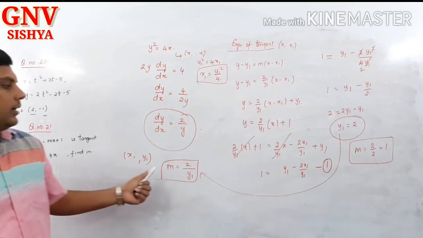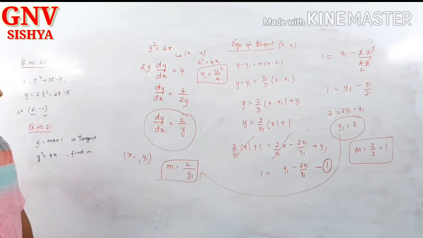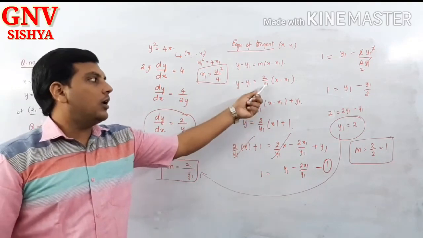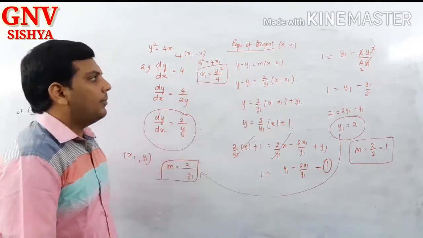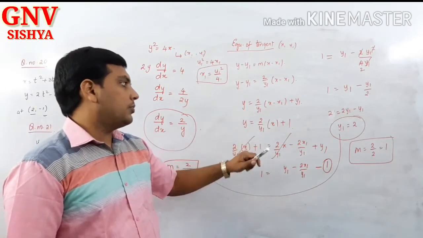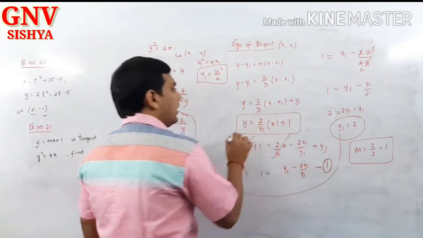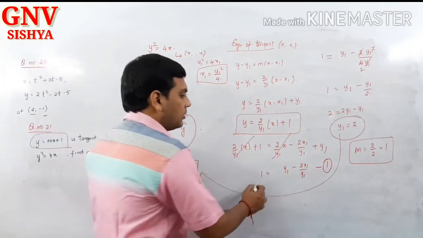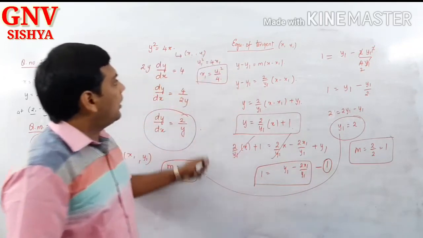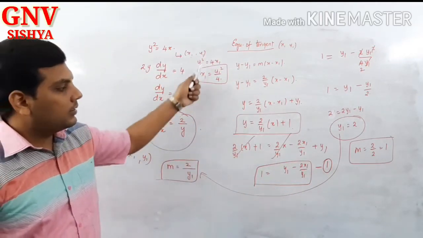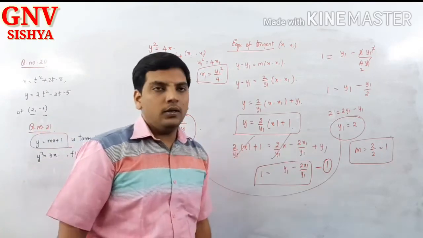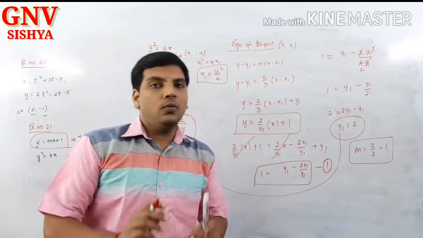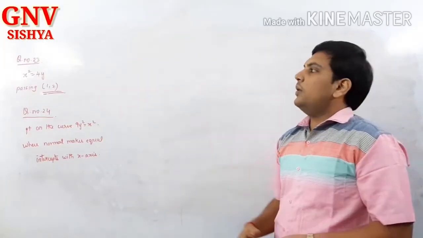If you differentiate, you get the m value as 2 by y1. Correct? The equation of tangent I have written, and instead of m I have substituted 2 by y1. Even if you keep m as it is, nothing is wrong. So I have got an equation. Now this is also the equation of a tangent. I am equating both, and I get a relationship between x1 and y1. Already I have a relationship between x and y, correct? Substituting the relationship here, I will get y1 equal to 2. Substitute y1 equal to 2 here, and you will get the slope value. Therefore, the slope value is 1. Can you understand? Let us go to question number 23, Kana.